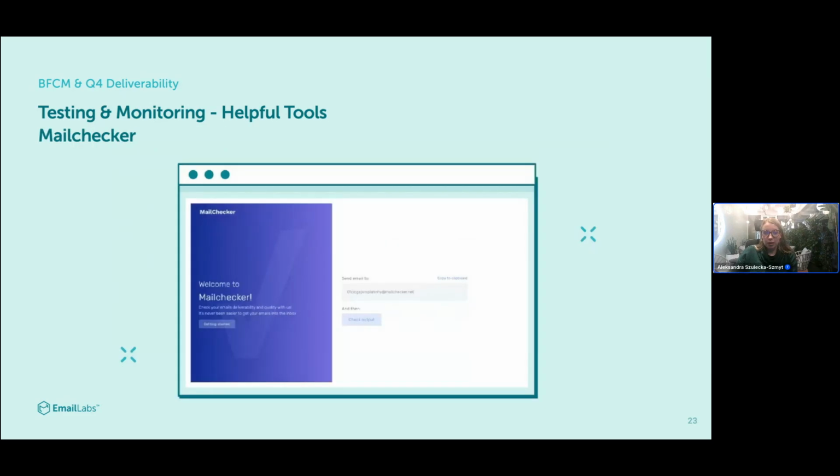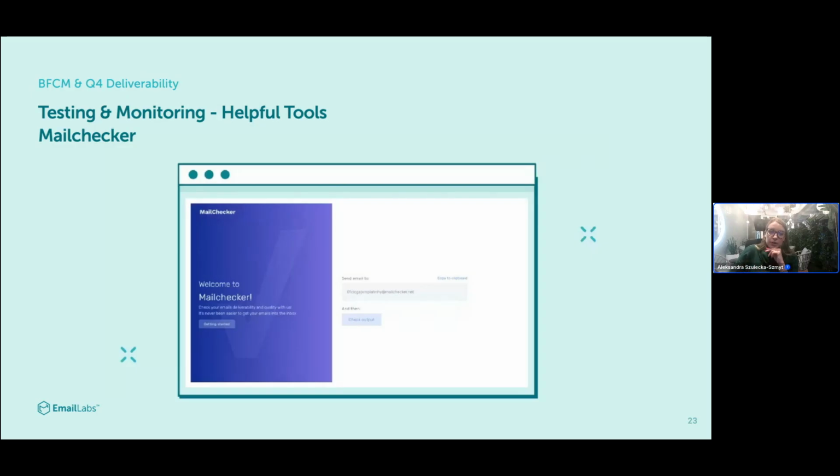Another tool that we can recommend is MailChecker, an email testing tool. You can use it by copying the email address that is present in the send email to box and sending an email to it. It must be exactly the same creation, the same email topic, the same sending address and email server that you're going to use in communication with your clients, so that it can be 100% replicated.